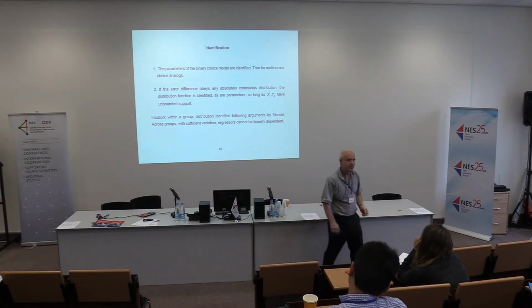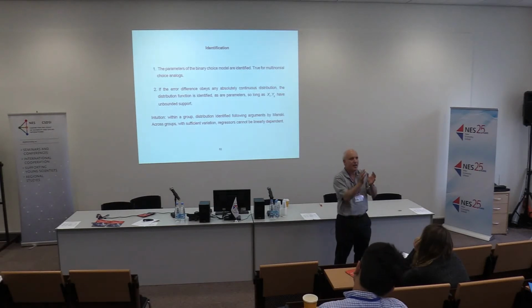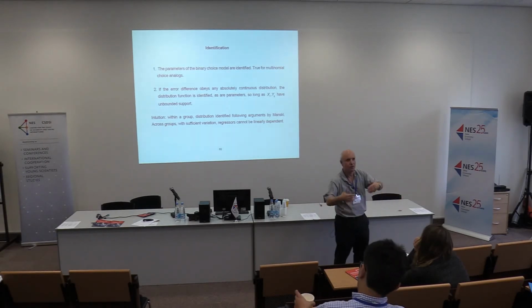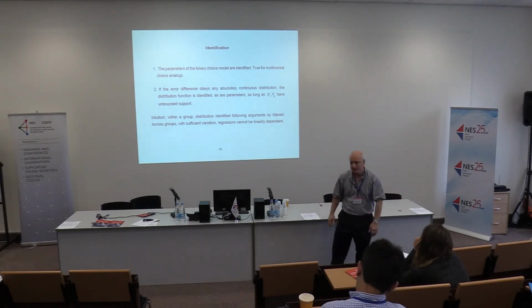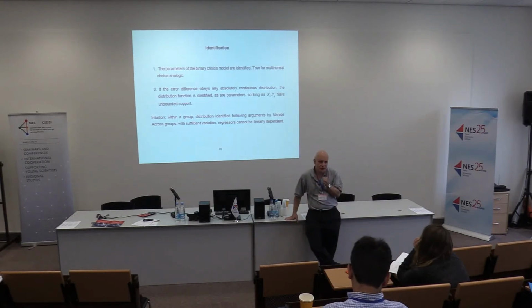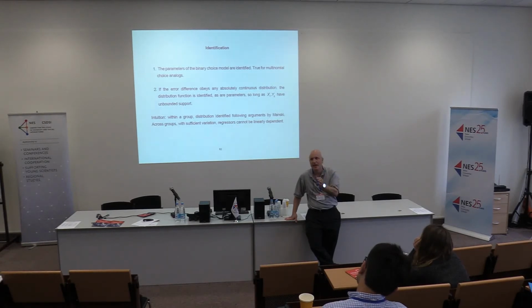The difference between the two is that the way I think about it is I have a probability of each of the choices for each person in the population, and the econometric exercise is to choose the parameters to maximize the probabilities of the observed choices. Make those the most likely things I see. And so the first result is the parameters of the discrete choice model, be it binary choice the way I formulated it, or the analogous multinomial model, those are identified.